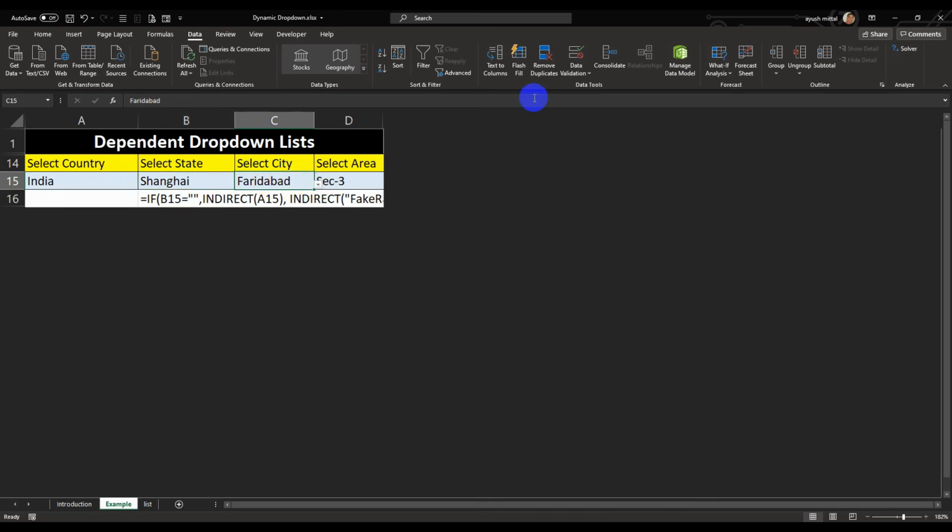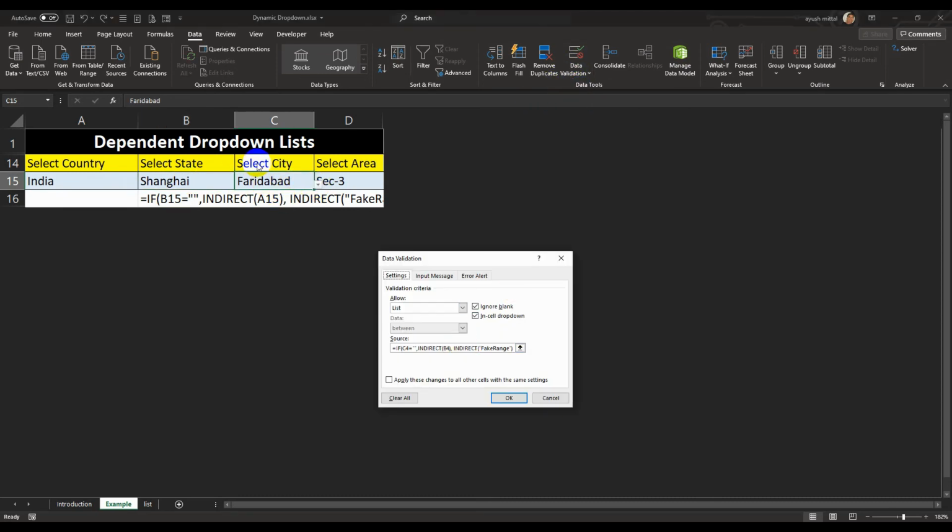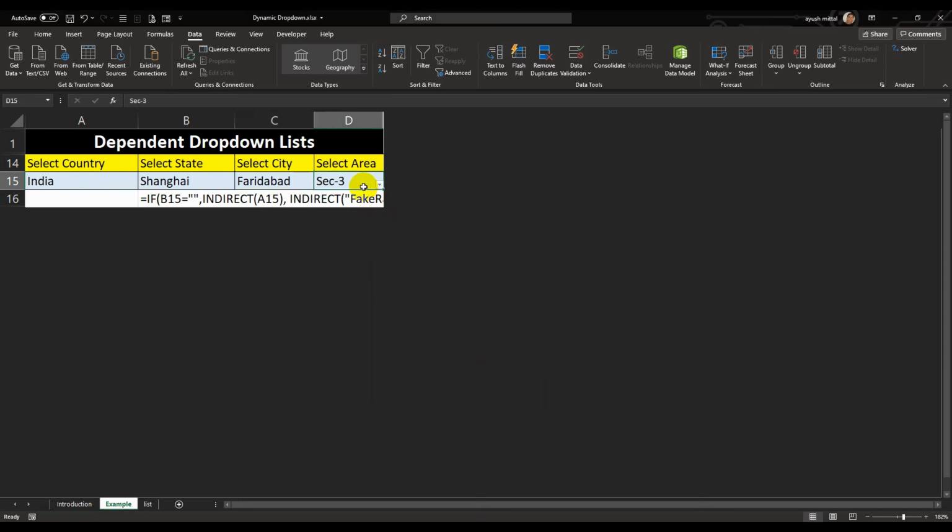Similarly, we have made this cell dependent on this cell. So we have again given the reference of this as a main cell and created a fake range. Similarly for the select area as well.